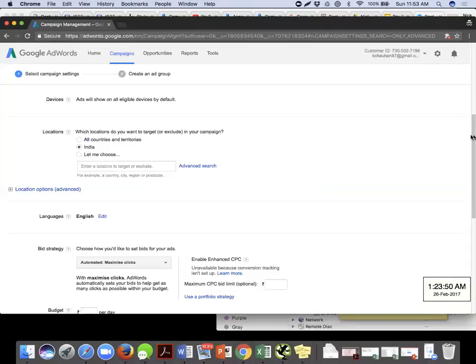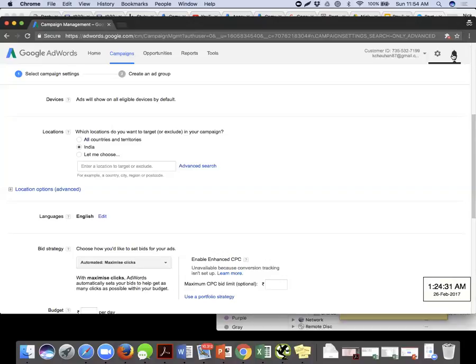Next to the bell icon, there is the gear icon. So with the gear icon and the bell icon, we are able to configure a couple more account settings. One is the account access. I can share it with anyone. And the other setting at the account level is the notifications I get. Usually Google gives us notifications that this ad is approved, this ad is disapproved, your budget is over, you need to increase your bid. These kinds of suggestions Google will give you. If you want them in an email or you want them just to be over there, that is another setting which you do at the account level.